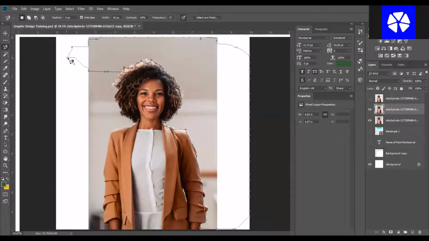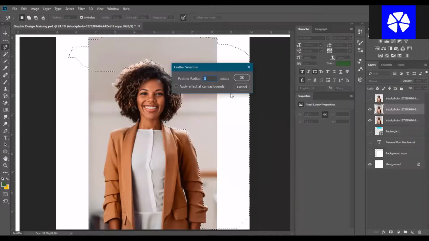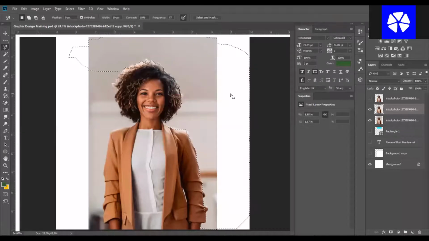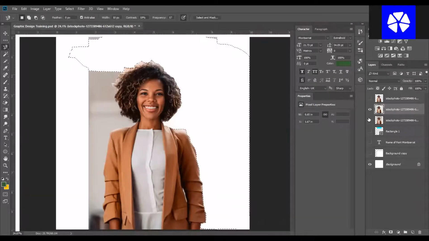Then you can give it feather 5, click out, start again, and start laying it. I think this is kind of faster,